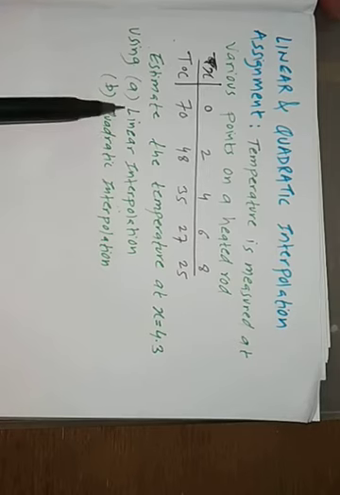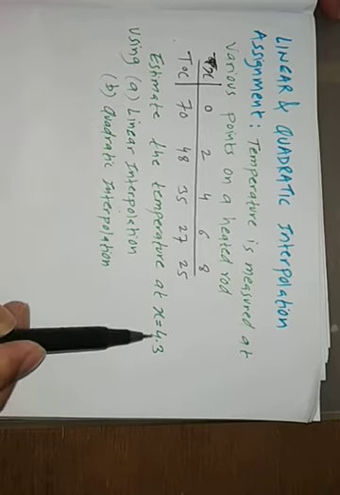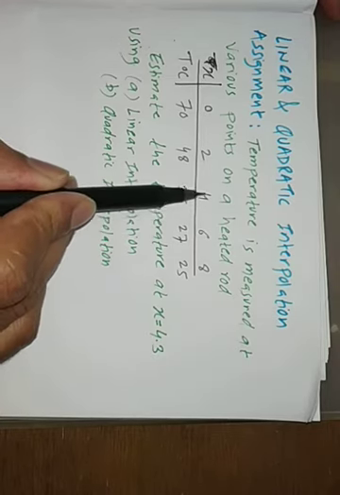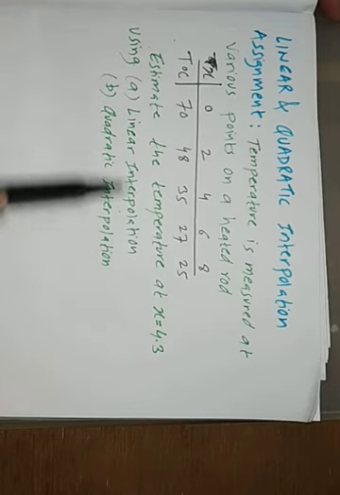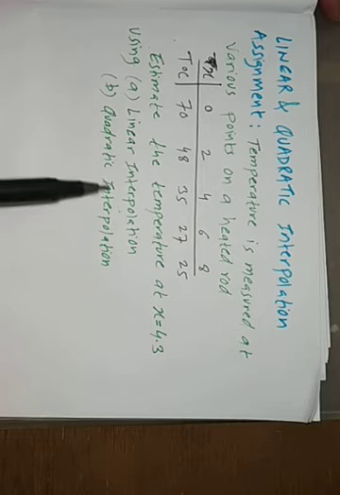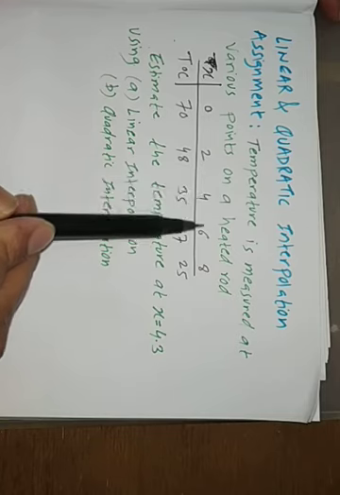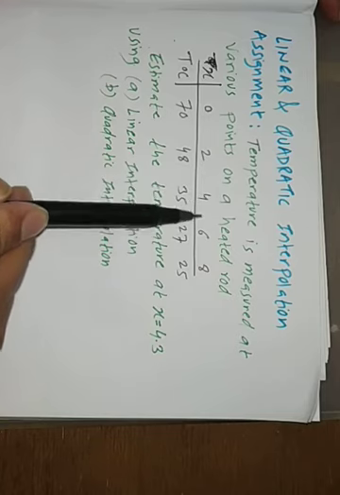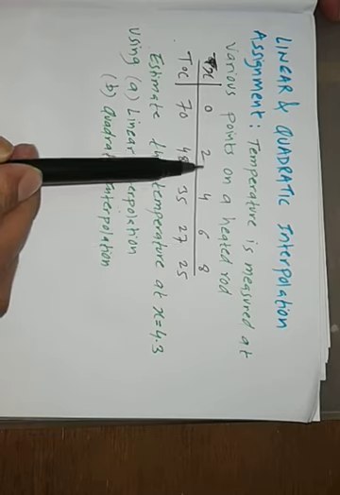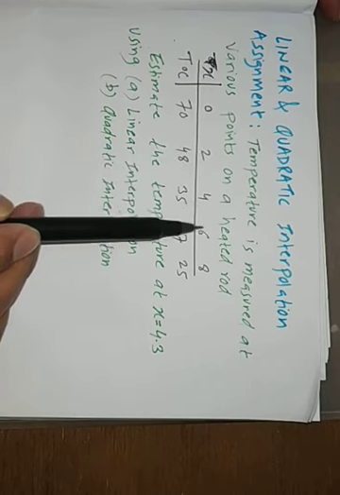Now when you use linear interpolation, this x equal to 4.3 lies between 4 and 6. So x0 is 4, x1 is 6 in case of linear interpolation, and in case of quadratic interpolation you need 3 points. So again x equal to 4.3 means it lies between these 2 points. These 2 points are to be taken, 4 and 6. Now you can take the next point 8, or you can take 2. You can take 2, 4, 6, or you can take 4, 6 and 8.